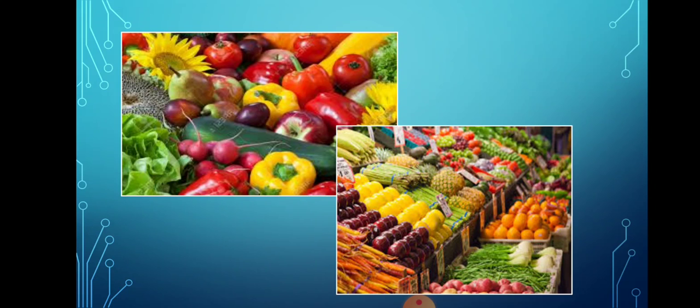You might have seen this same scenario, or faced the same thing at your home, when your mother says keep your things in their places. Yes or no? So in this particular chapter we are going to talk about classification of material.